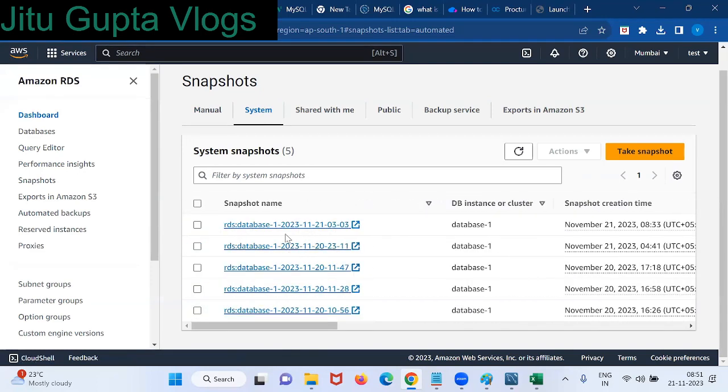These are the snapshots. While deleting your database, it will ask for an automatic snapshot. You just uncheck it and delete. Otherwise, a snapshot is going to be created. What I'm trying to say here,